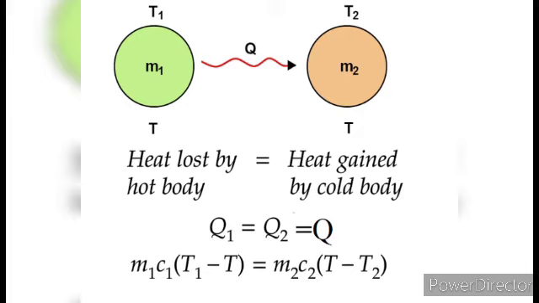Now, what is the principle of calorimetry? The principle of calorimetry is really important: the heat energy lost by a body will be equal to the heat energy gained by another body, and this is known as the principle of calorimetry, and we have a mathematical statement for it which shows that it is true.